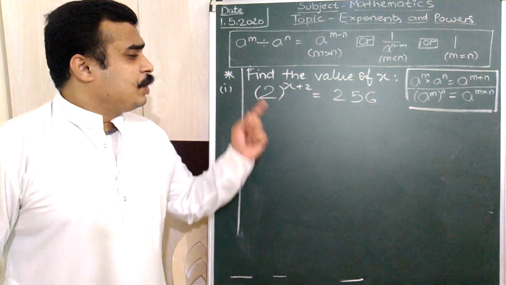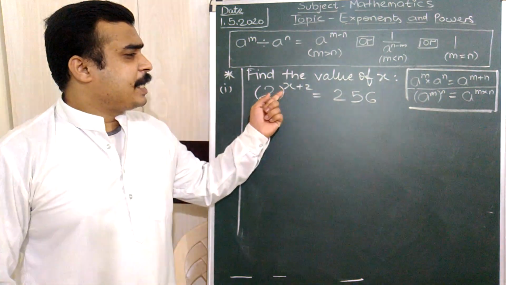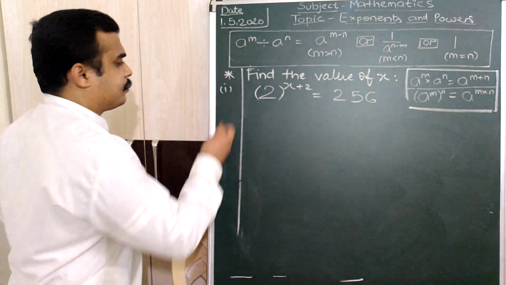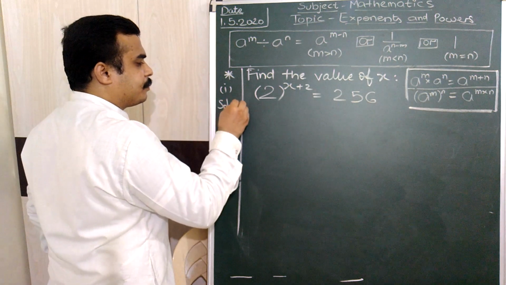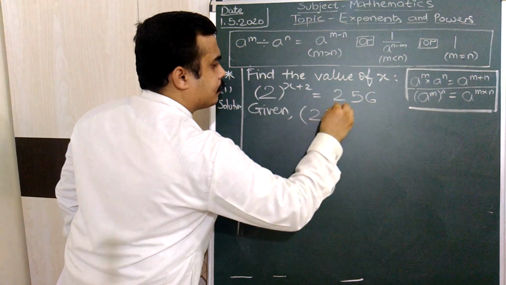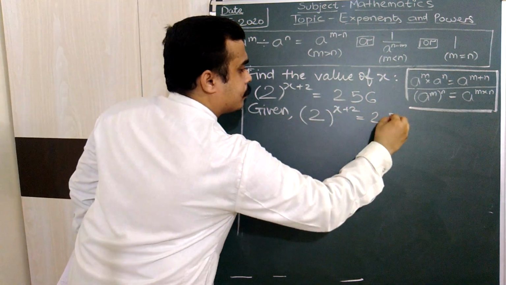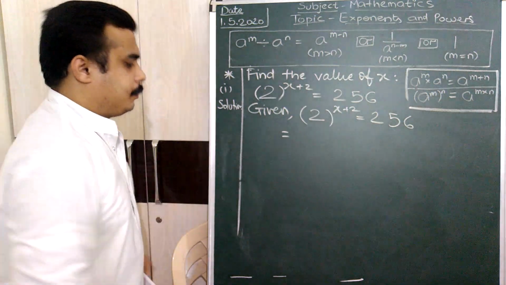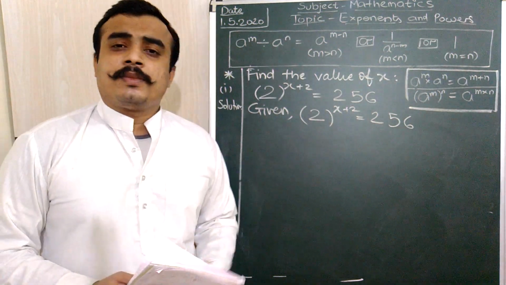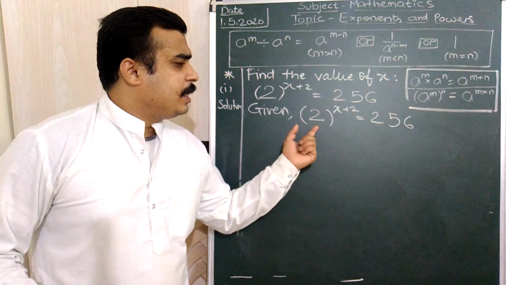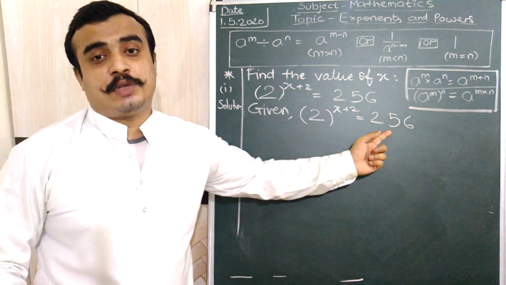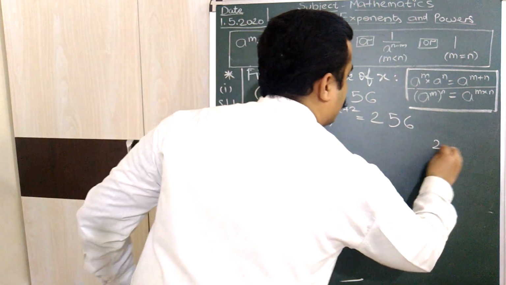So the question is 2 raised to the power x plus 2 is equal to 256. Let's see how to solve it. Now for the next step, here we have the exponential form. Here also we will convert this 256 into an exponential form. So for that we have to go for